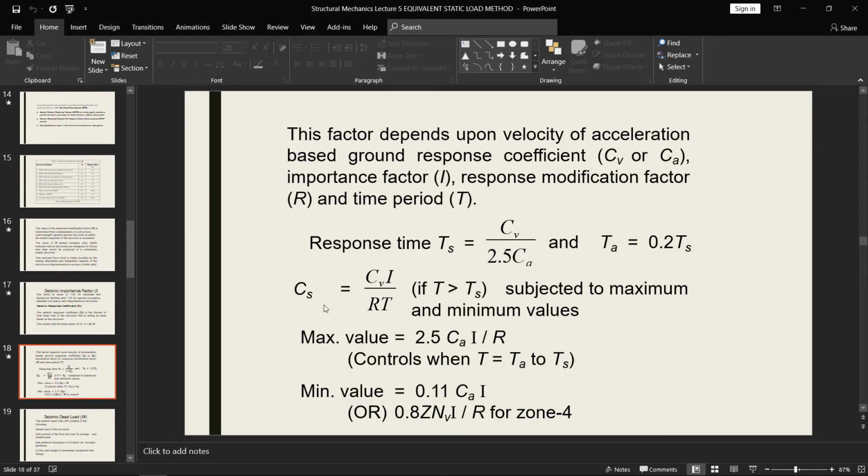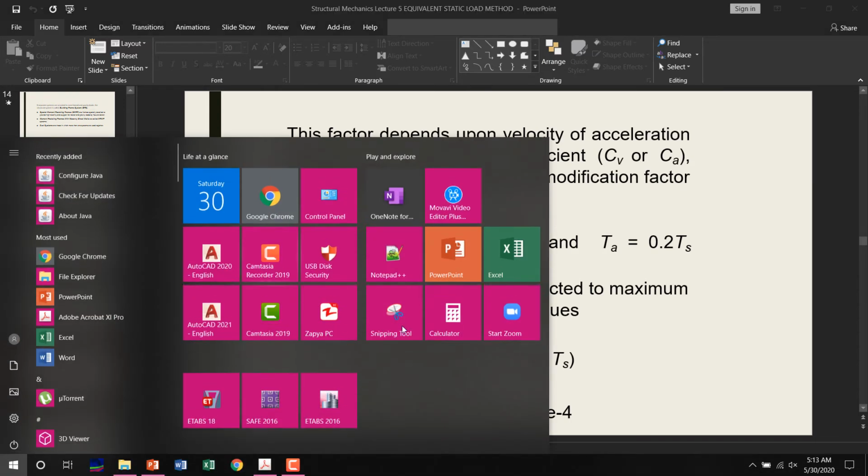So if the time period of the building TA is greater than TS, then CS is subject to maximum and minimum values. Minimum values we have checked. Now for maximum values,